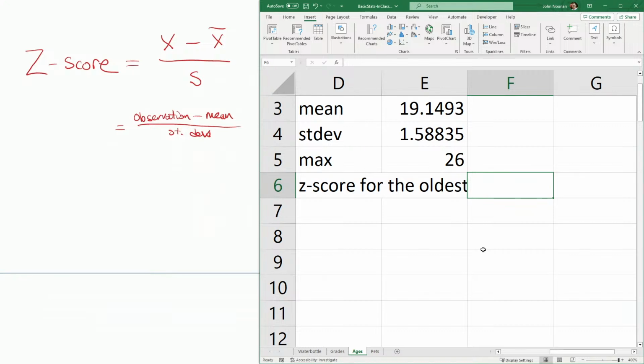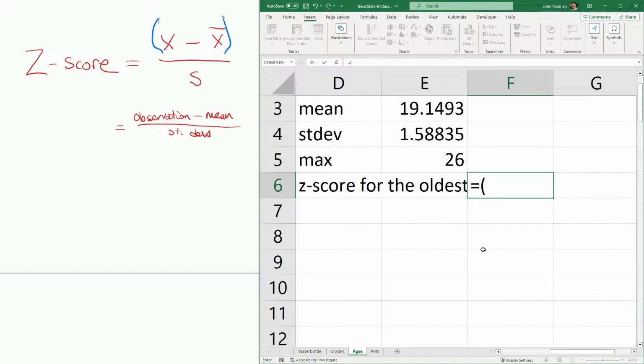So to get the z-score, we're going to use that formula over there. Now be super careful though, both on your calculators as well as on Excel. What you need to do is say equals and put parentheses around the numerator of this thing. Otherwise, when you type this into Excel, it's going to do whatever x is minus just the mean over the standard deviation. That's not what you want. You want to do the difference and then do the division. So keep in mind the order of operations.